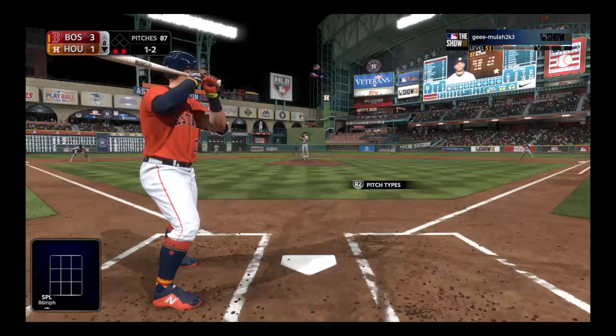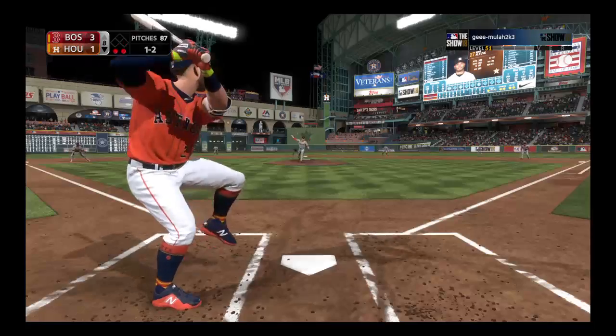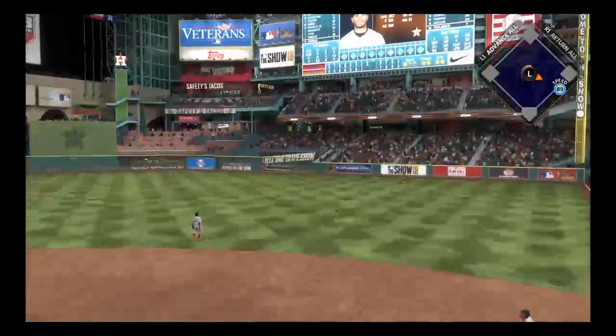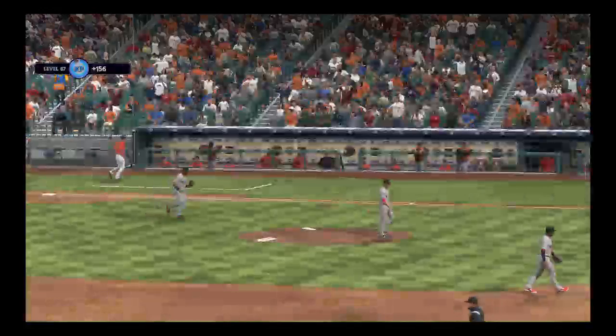It's 1-2. This offense is going to have to find a way to get going. It's happened in the past. Every team goes through it where everyone seems to fall into a funk at the same time. And the right fielder is there to...